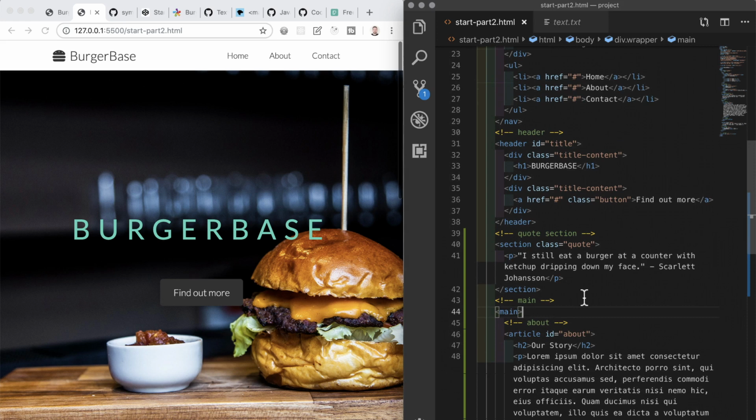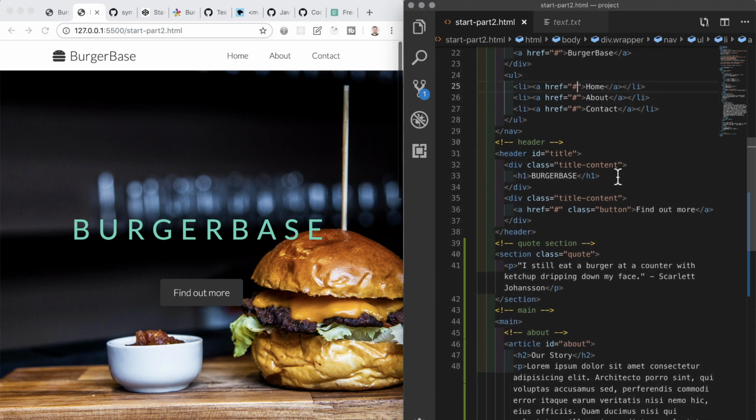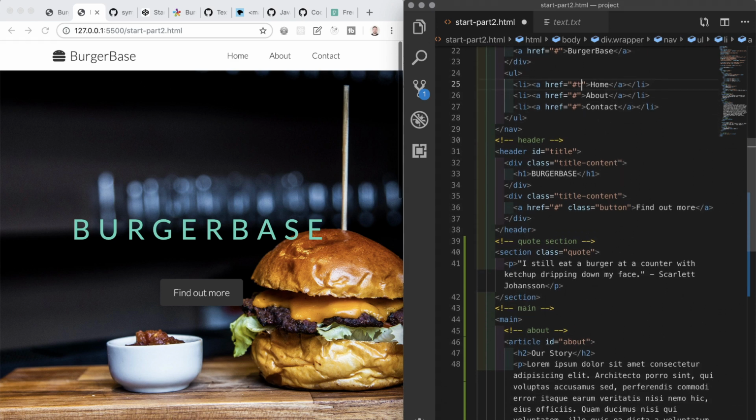For internal links, we use a hash or octothorpe followed by the name of the ID that is applied to the element that we want to return to. We've added a navbar already, in which we have added some navigation links for home, about, and contact. Presently, these are dead links, but if we add hash title to the href of the home link, this will have the effect of returning us to the top of the page,